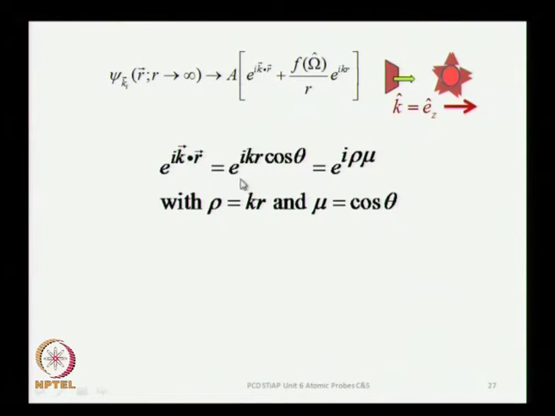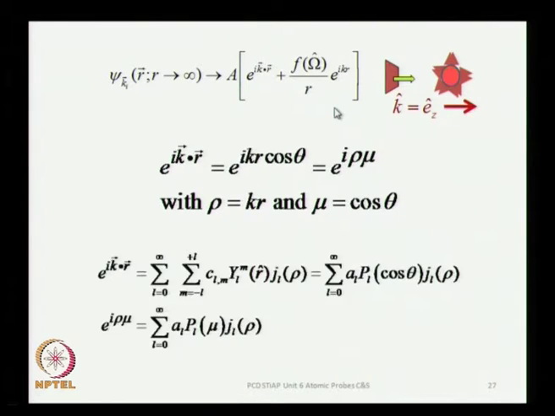wave. We know that a monoenergetic beam is represented by a plane wave, and this is the wave which is moving from left to right along the z axis. This is how the z axis has been set up in our pictorial representation of the collision process, and you can expand it in spherical harmonics. So, these are the spherical harmonics Y_LM(theta, phi), where theta and phi are given by this unit vector r. The radial part is given by the spherical Bessel functions,